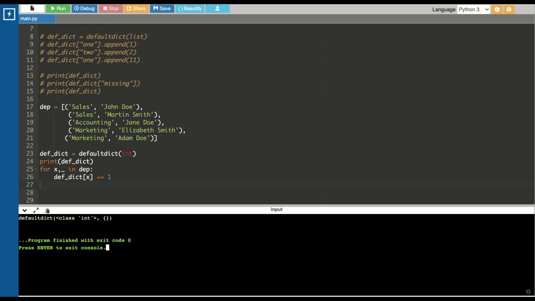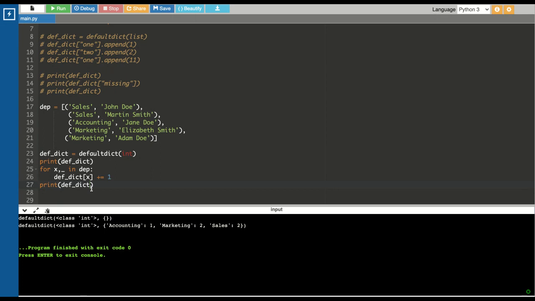So now let's come to the final task. We will try to print that defaultdict. Here you can see it is telling us that accounting has one entry, marketing has two entries, and sales has two entries. Since we passed int here, all the values of the keys are integers.